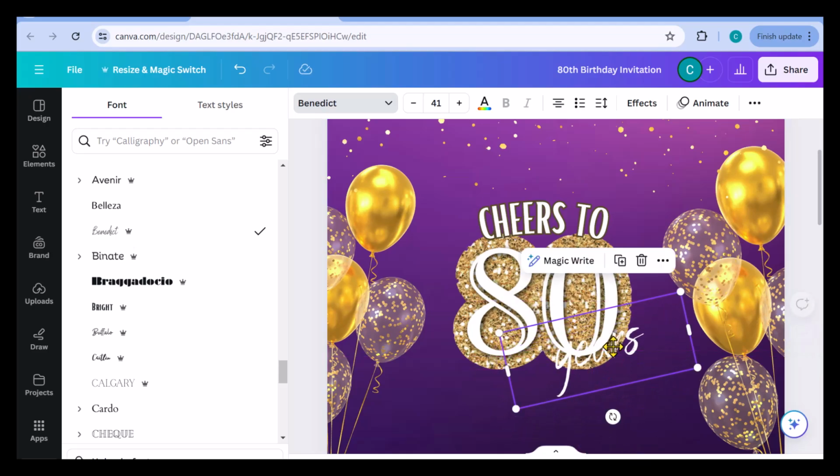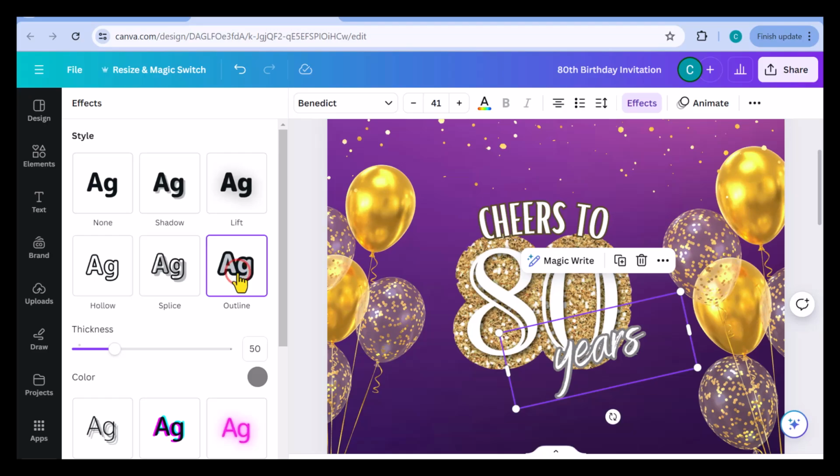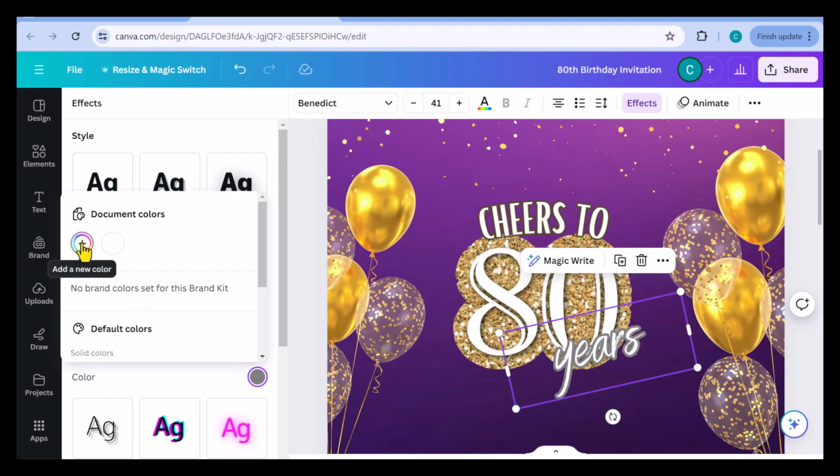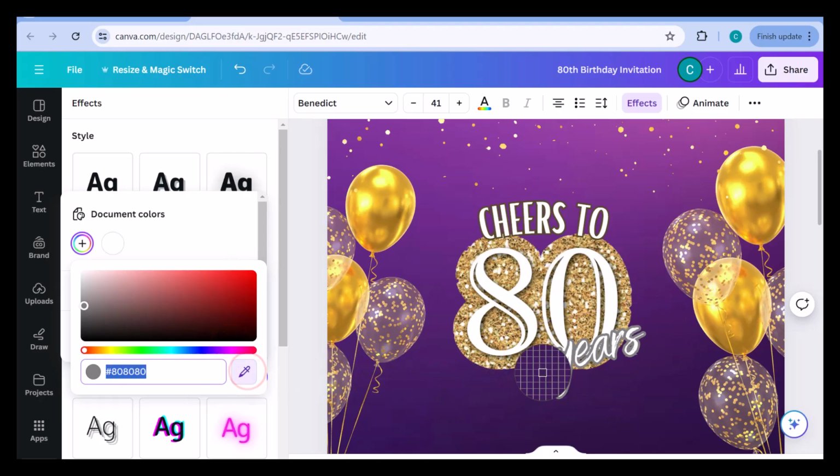I'll then proceed to adding some effects to this text by again selecting the effects option from the horizontal menu. And the only effect I will add to this text is that of outline. I'm going to change the color of the outline again by selecting this pencil icon and selecting a color that is currently on the project.